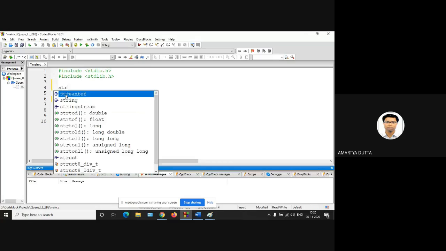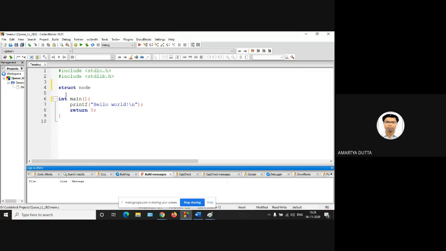So how to create the node? Using a structure. So let the structure name is node, and we know that it has two parts, the data part, and for self referencing type it has the next pointer, and for self referencing the type is struct node. Okay, and the data part is int data. So this is the node creation. Okay,